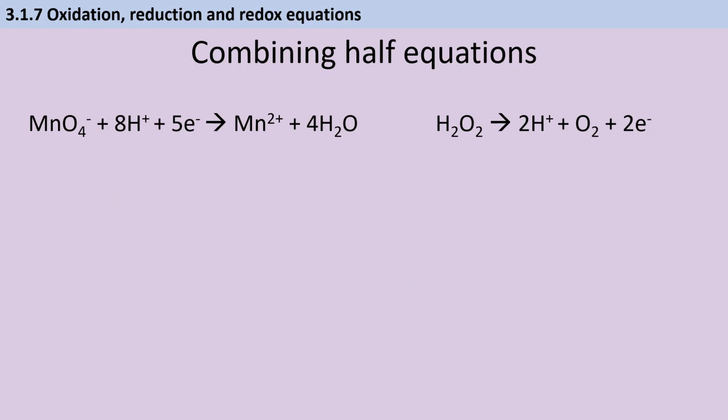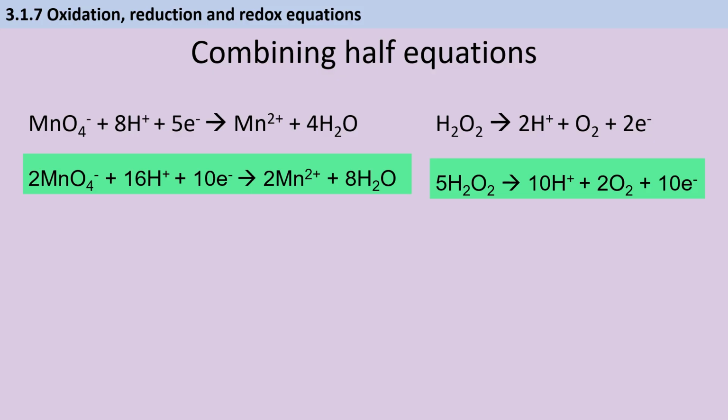If you're going to combine two half equations, you need to have the same number of electrons overall. Here I've got 5 on my left-hand side and 2 on my right-hand side. So the lowest common multiple of those would be 10. And so I'm going to take this first equation and times it by 2, and the second equation and times